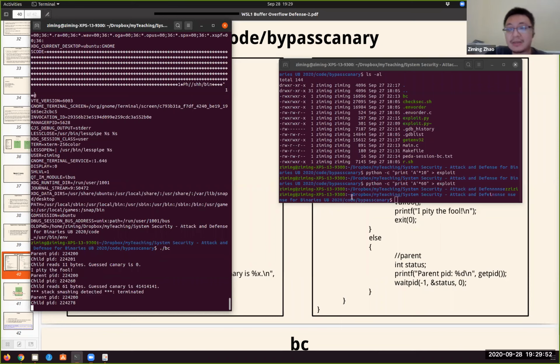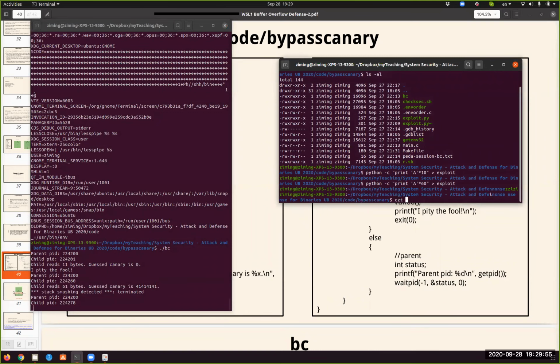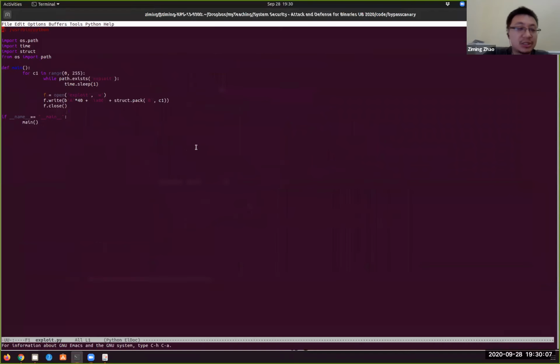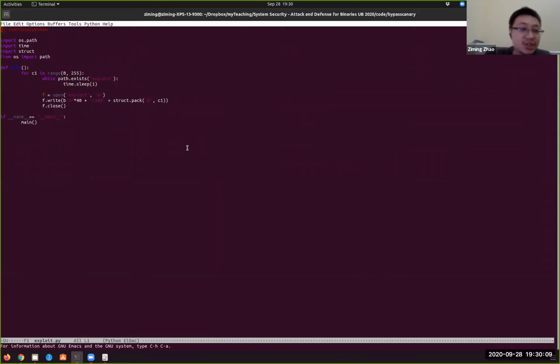Okay. So that's what my program looks like. Probably need to change things a little bit. So this is my program to generate this exploit. It's very simple. We have a main function. In the main function, we have a big loop. We have 1 byte ranging from 0 to 255. We try to